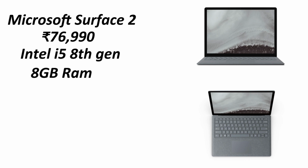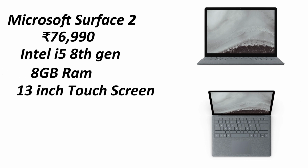This device comes with a 13-inch Full HD touchscreen display, i5 8th generation processor, 8 GB of RAM and 128 GB of solid state drive. Now these all specifications are for the base model of Surface 2, but if you have a budget of upwards around 80,000 plus,